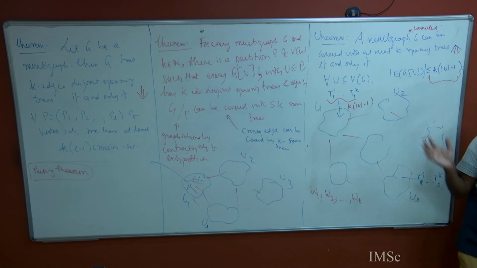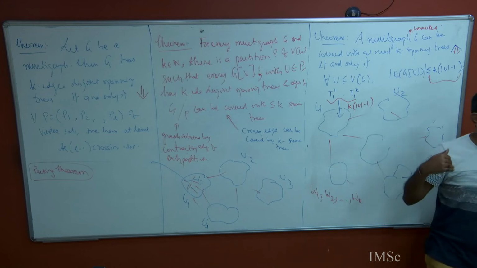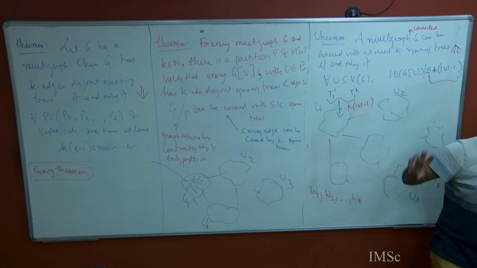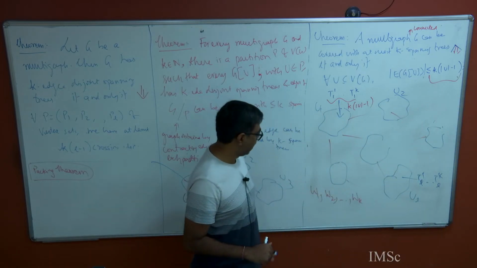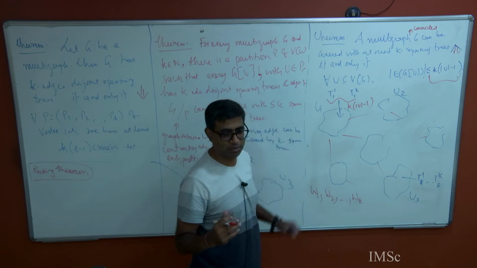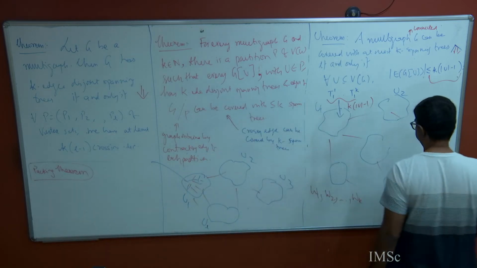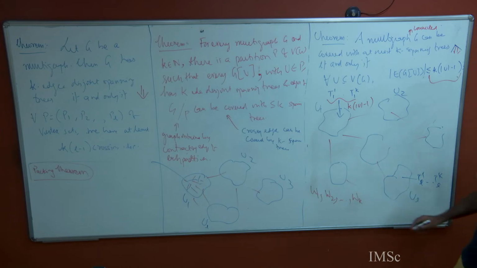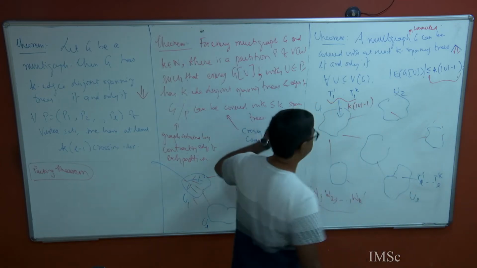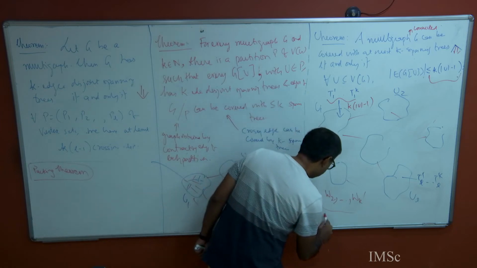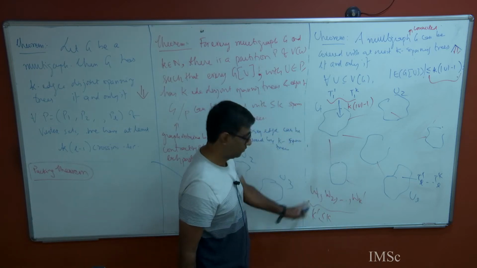So in the forward direction we used crossing to go from at most to at least, and now we have used an upper bound on edges to go from at least to at most. Okay. Once we have this, then we are done, right? Again, I can take my spanning trees as follows. When I write W1 to Wk, this is not right. I should say Wk prime, because it says can be covered with at most k spanning trees, where k prime is less than or equal to k, right? That's all that I want to say.